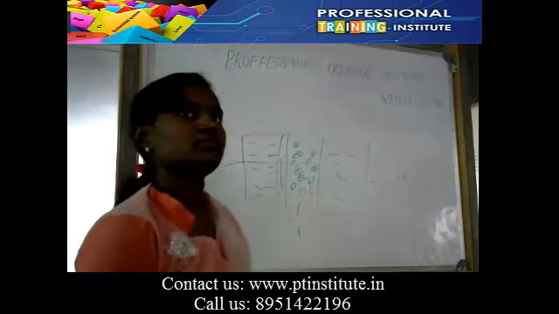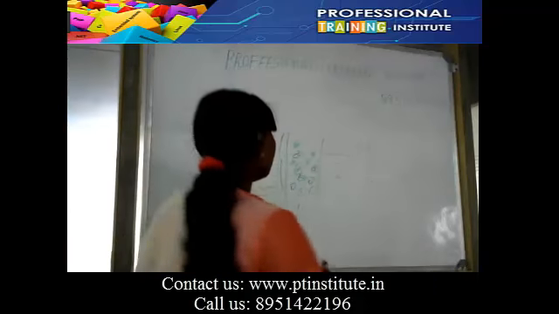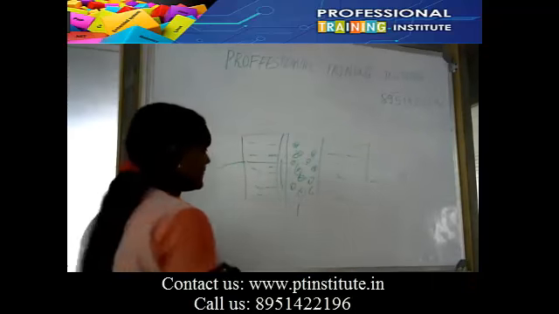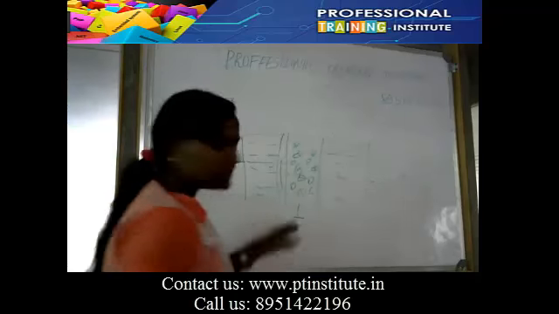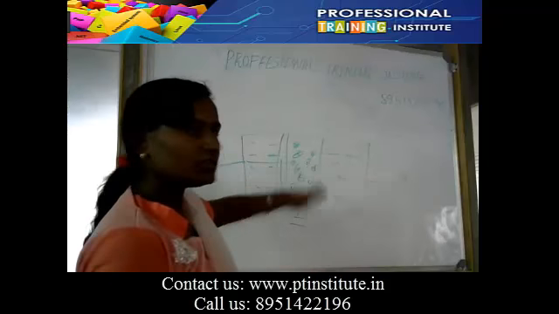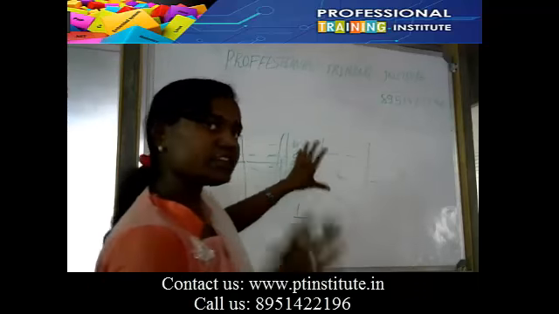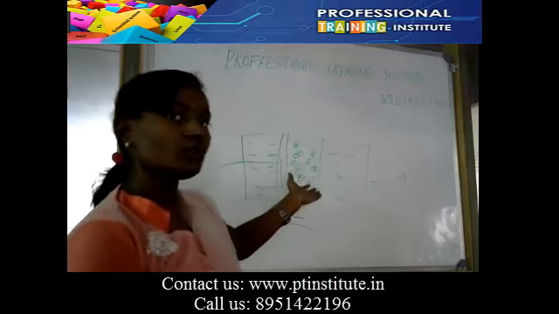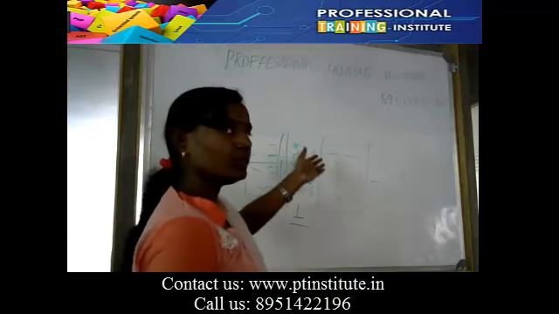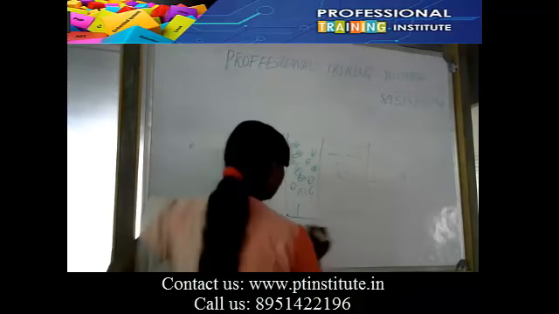Any questions on this? If we change the polarity to forward? If you change the polarity, there are no free holes, so no conduction, it will be open. I already told you the holes are filled with electrons. We need to increase the holes, not the electrons, because the flow of electrons is a current. So we need to increase the voltage so that the electrons move, attracted by it. That's why we are giving positive voltage.